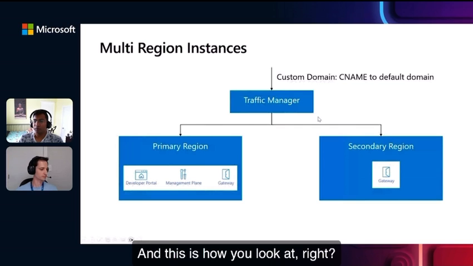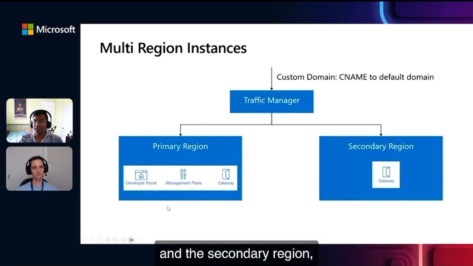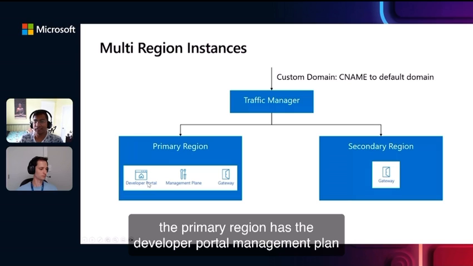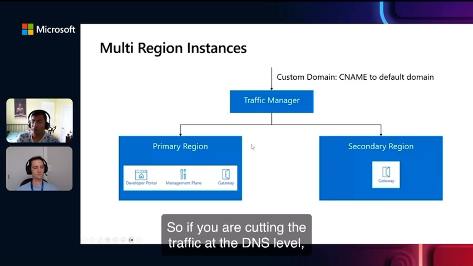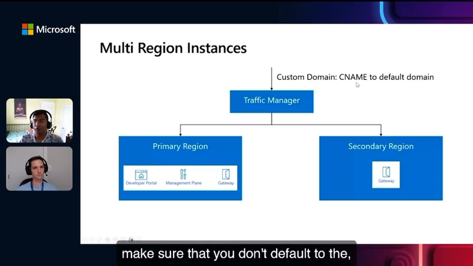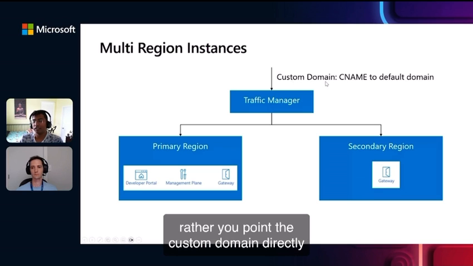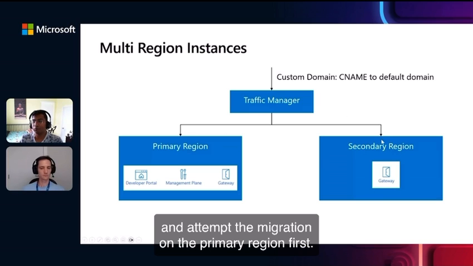And this is how you look at it, right? If you're talking about the primary region and the secondary region, the primary region has the developer portal, management plane and the gateway, whereas the secondary region just has the gateway. So if you are cutting the traffic at the DNS level, say if you have a custom domain which you have CNAMEd to the default domain, make sure that you don't CNAME to the default domain. Rather, you point the custom domain directly to the region of your choice